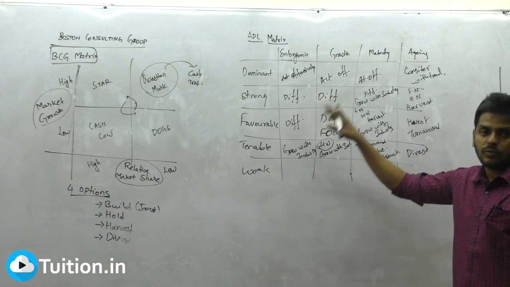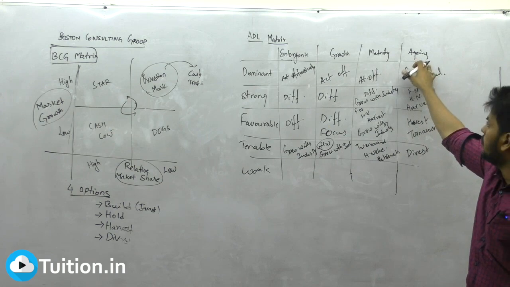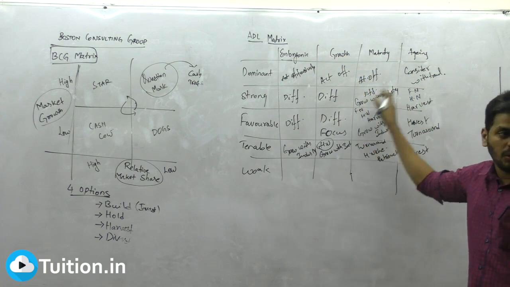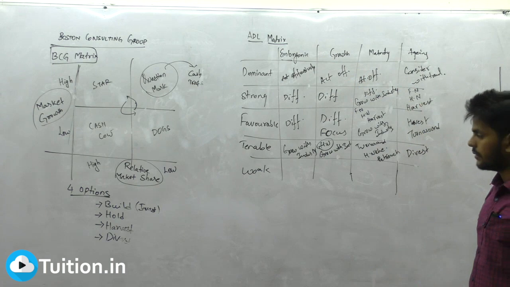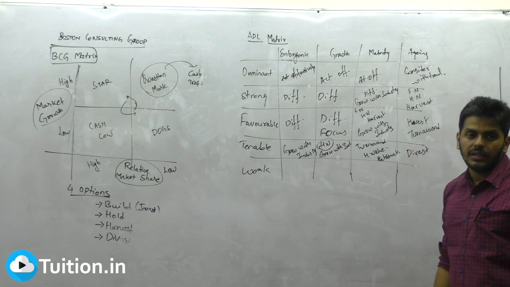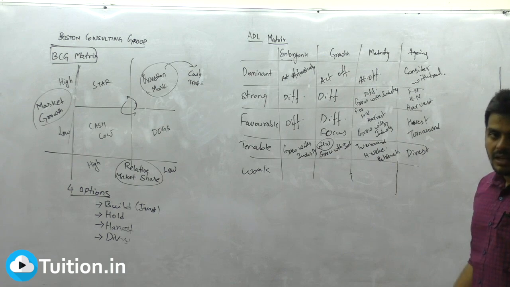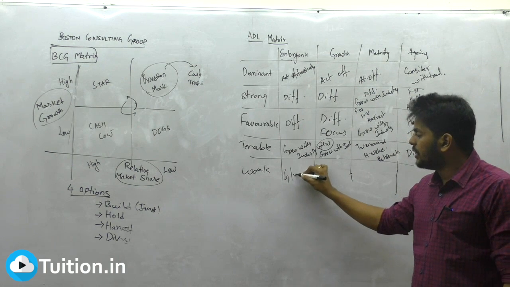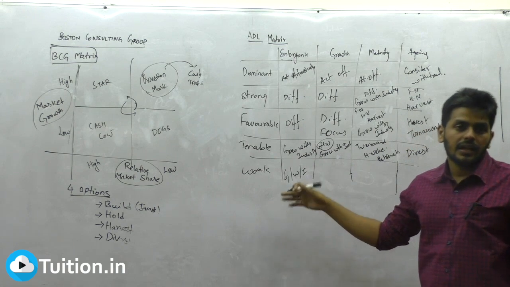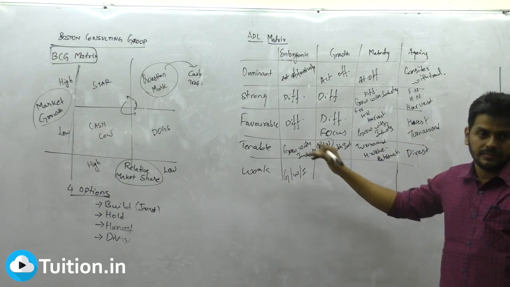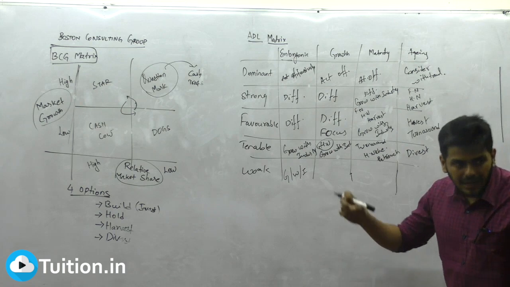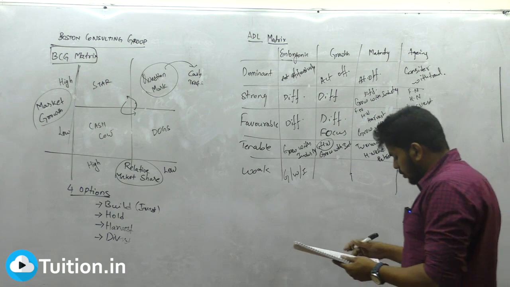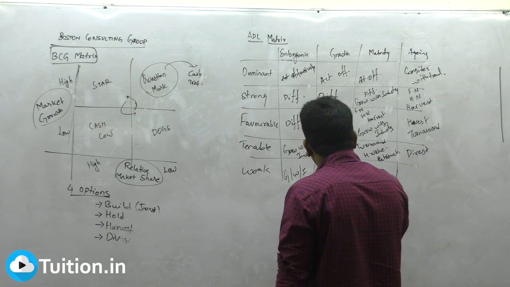A tenable company's product, if it's aging, if they are holding that product, the losses that they are incurring from this product will be covered by something else. What is the fun in holding that product? Divest, sell off that business. Look at the fate of a weak company. A weak company, right from day one. While a weak company introduces a product, there's nothing that they can do apart from growing with industry, because they can't do aggressive promotional campaigns. They can do nothing. So they're just growing with industry. But if they are doing good and they reach the growth stage, watch out what they do. In the growth stage, they are doing turnaround. What nonsense?